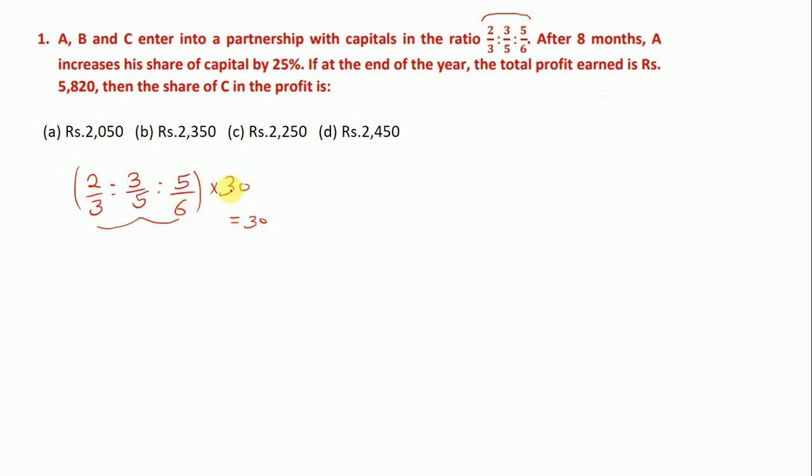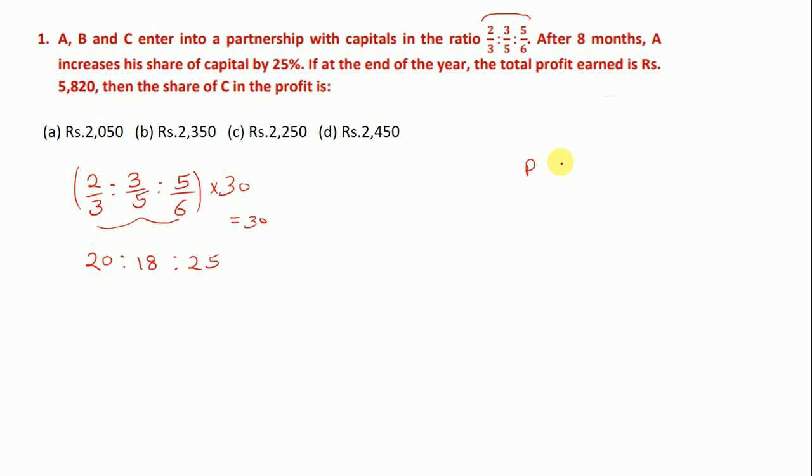So 30 divided by 3 is equal to 10, and multiplying 10 by 2 comes out as 20. Similarly, 30 divided by 5 is equal to 6, and 6 into 3 is equal to 18. 30 divided by 6 is equal to 5, into 5 is equal to 25. So this will be your ratio, and we have a very basic concept to solve this type of question, that is